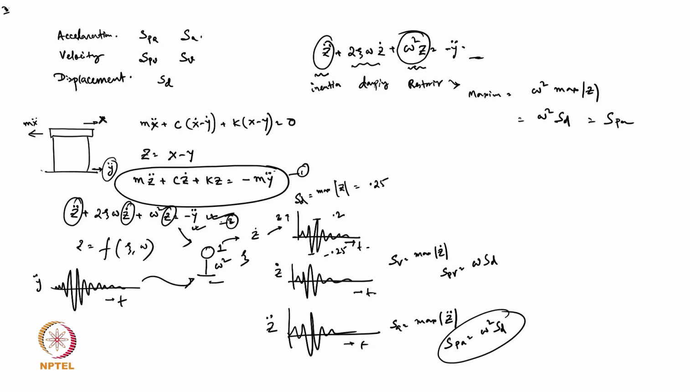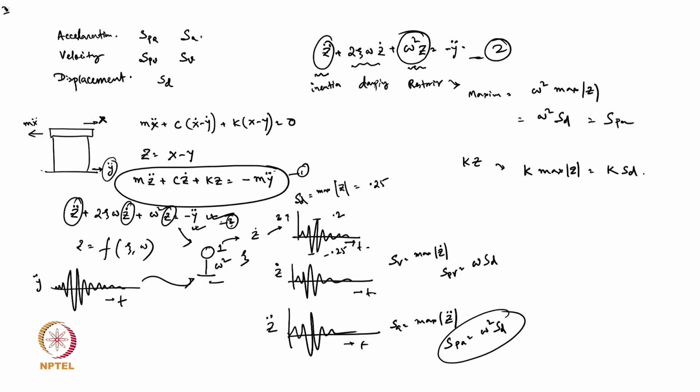That explanation is coming from equation number 2. But now if you see from equation number 1, which is really the term of the restoring force, that is m z double dot plus c z dot plus k z equal to minus m y double dot. There also, k into z is your restoring force. So when can it be maximum? It will be maximum at k into max of z. So I should say k into Sd